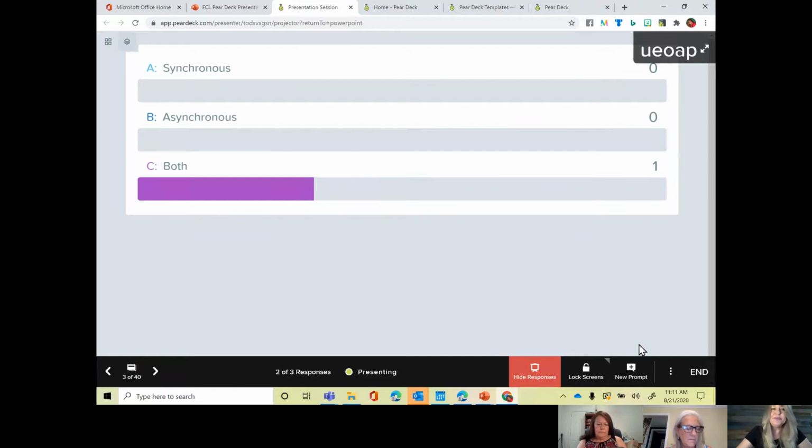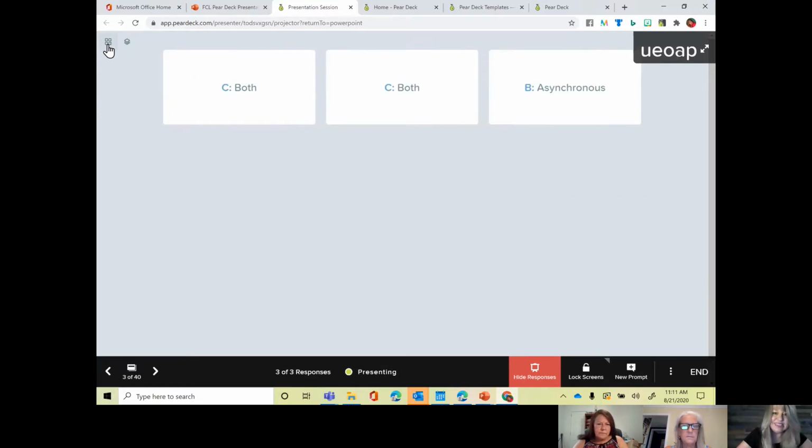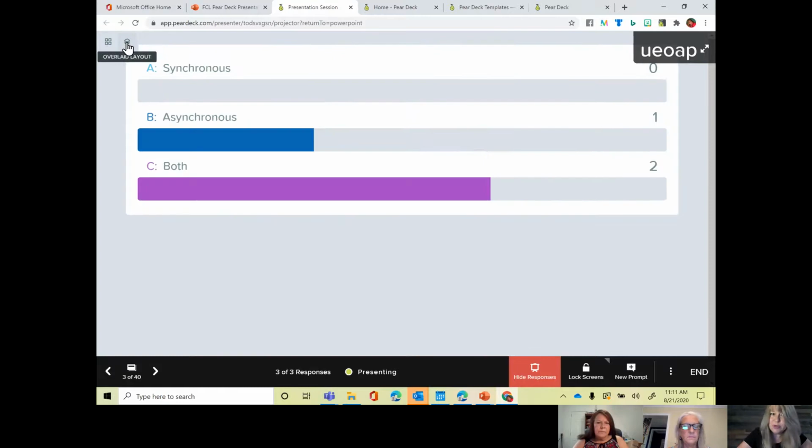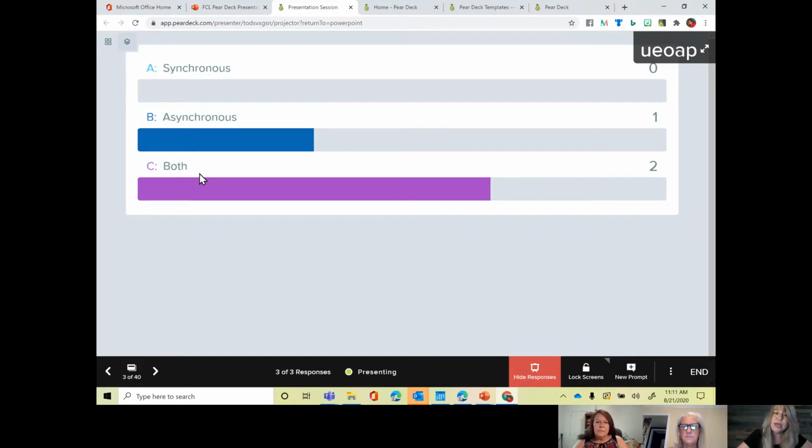Have you guys answered yet? Yep, I got another both and an asynchronous. Good, good, good. Synchronous means same time. Asynchronous means running the course without being live, and then both. I'm going to end up being both. Now, here's what's cool. I can come up to the top left. Look up at my screen right now. And I can either see individual answers, or I can see the class answers all together. And that's going to be important when I do